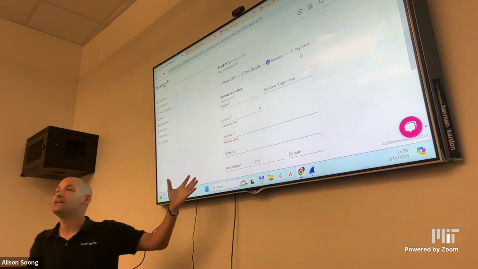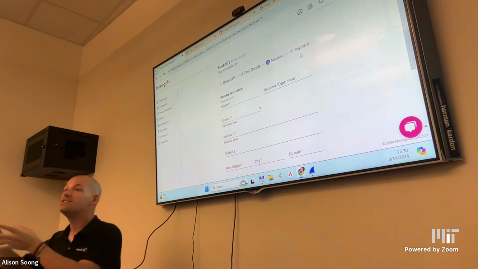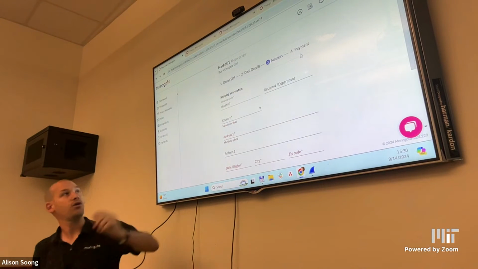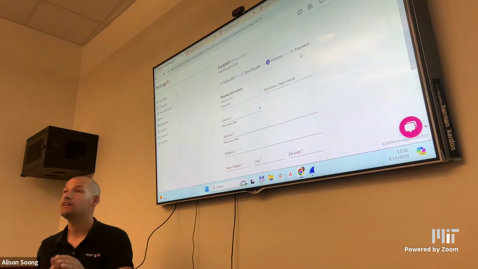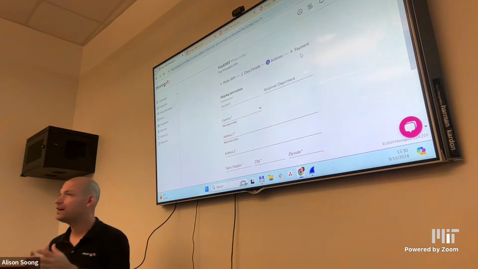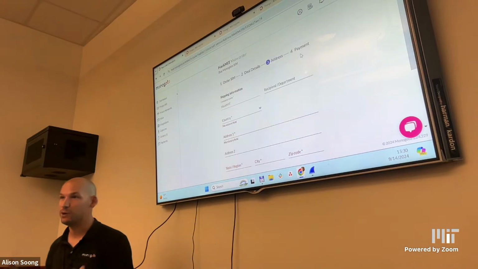So how do you get started? You go to Monogoto, you open an account, you use the dev kits that we gave you today, or you purchase a new one with the promo code, and then you get the kit sent to you. You'll get the kit, you'll get the SIM cards, everything configured under your account, and you're golden. You can get up and running extremely quickly.